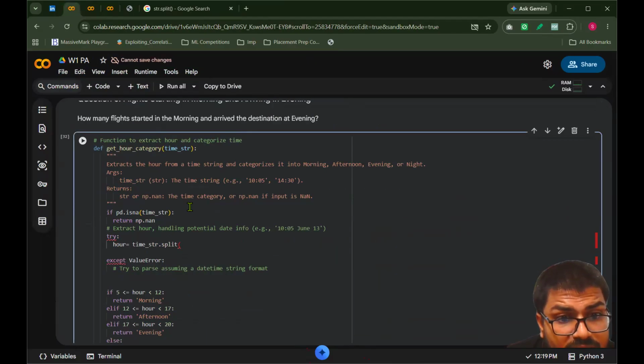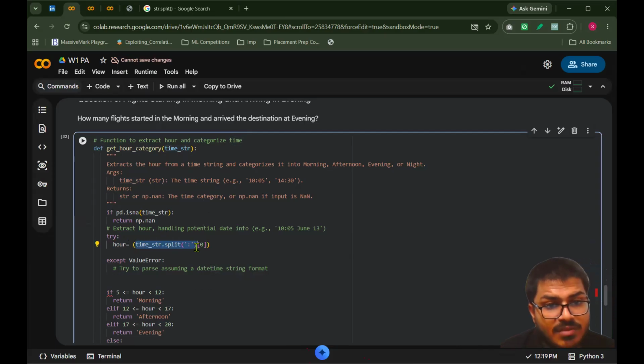सॉरी सॉरी, हाँ, स्प्लिट लिखना है। बेसिकली स्प्लिट किस बेसिस पे करना है, मुझे स्प्लिट इस बेसिस पे करना है, ये मेरे को दो स्ट्रिंग देगा, और उसका पहला पार्ट, जीरो मतलब पहला पार्ट पे मुझे इंट लगाना है। बेसिकली ये वाला पार्ट मुझे एक लिस्ट देगा, जिसमें 20 और 00 होगा, या 19 और 35 होगा, जो स्ट्रिंग फॉर्मेट में होगा। तो उसका पहला वाला पार्ट 20 उठाना है, वी नीड टू टेक इट दैट, और उसमें इंट लगाना है। और आफ्टर दैट ये हो गया, मुझे आवर मिल गया।